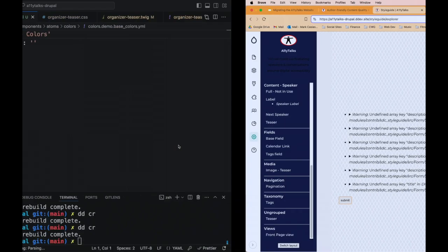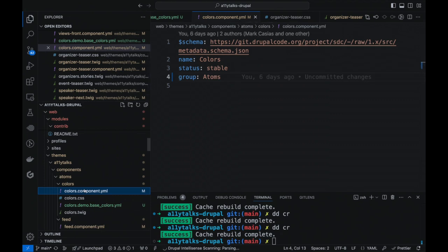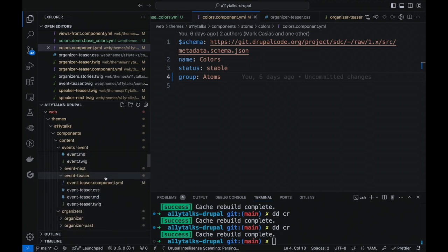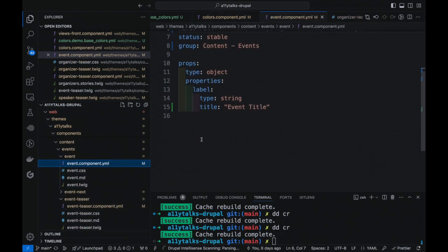One thing about the component file, if you ever look at the raw component YAML file, it says that everything in there is optional, but the fact is it's not. You definitely want to have a name and then a group, and actually you even want your props and your slots to be defined.